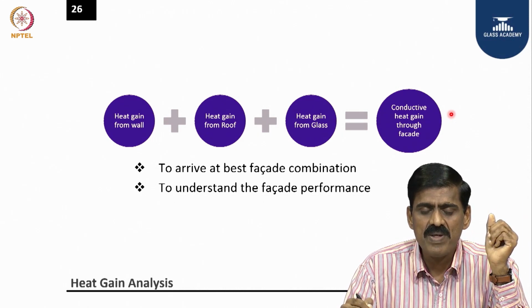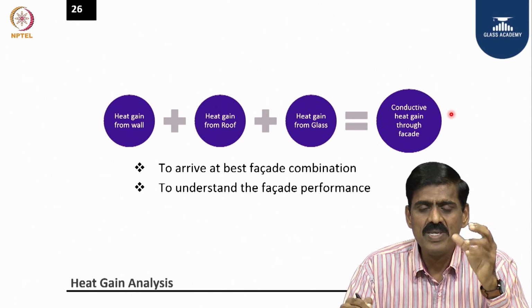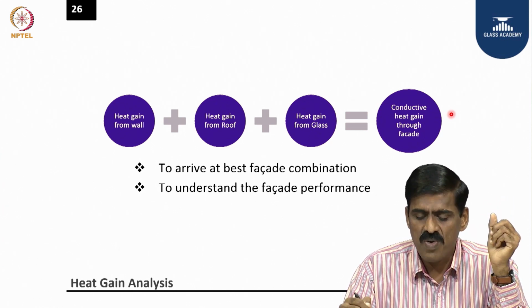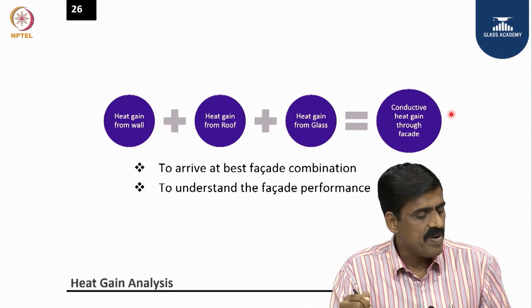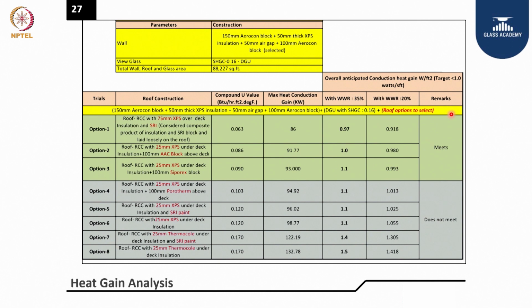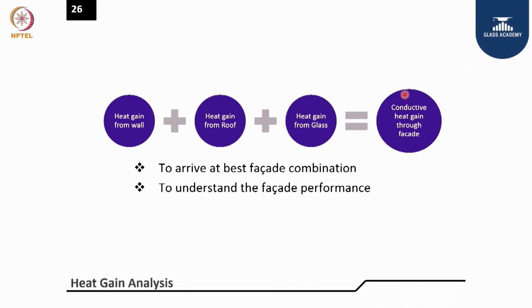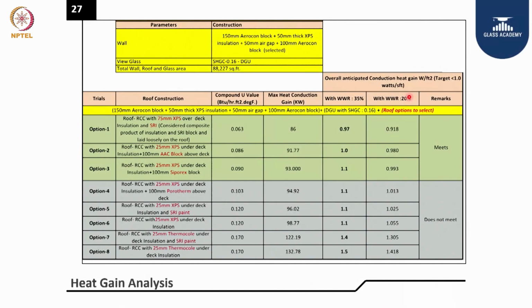Less conductive heat gain for the building element, then efficient active elements to reduce overall energy consumption and provide a better performing building. This is another project where we set a target for the relative heat gain. If you go back to the previous slide, you can understand conductive heat gain. So we set a target. Normally in India, if you look at a building, it will be around 2 watts per square feet, which is the Indian number we normally get. Now here we set a target of 1 watt per square feet.